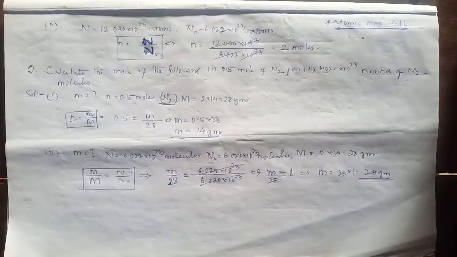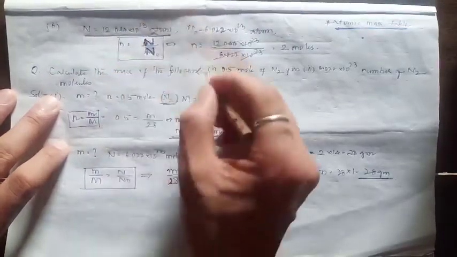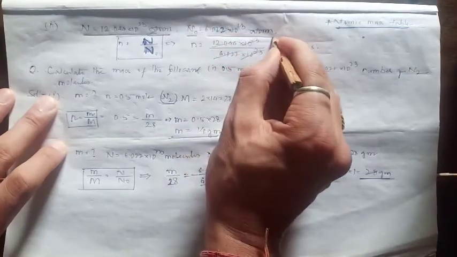Now student, let's move on to the second part of our question. We have to calculate the number of moles. In the second part, the number of atoms is given: 12.044 × 10^23 atoms. And you know Avogadro's number, N₀, is 6.022 × 10^23 atoms.